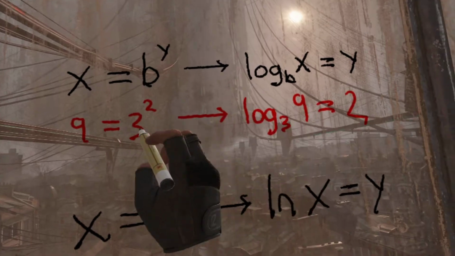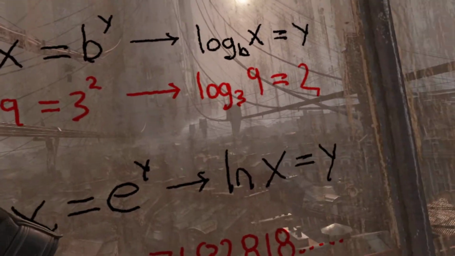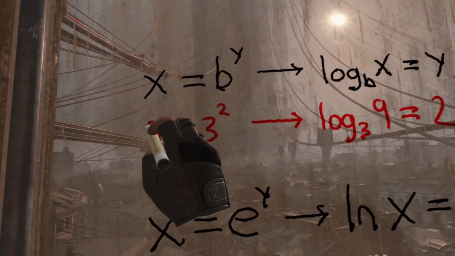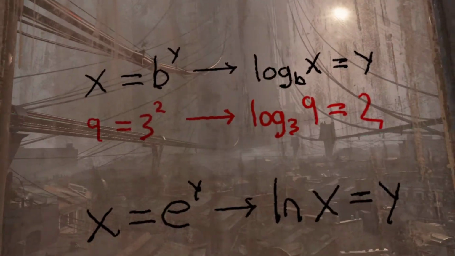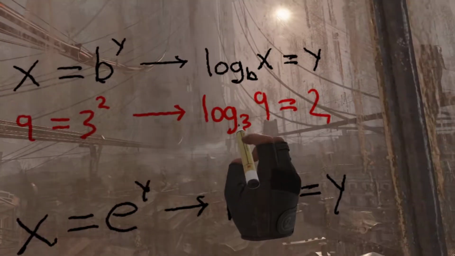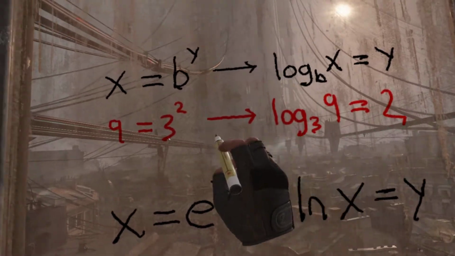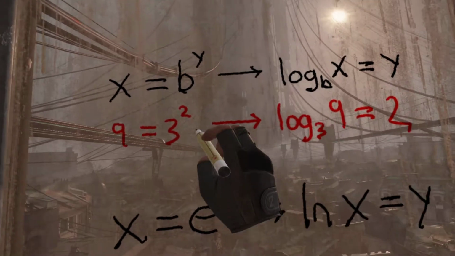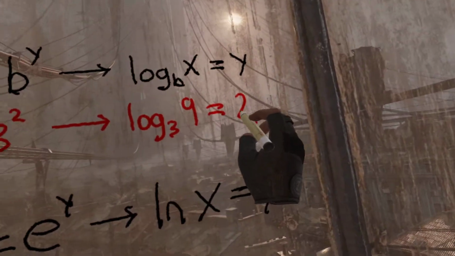And we put some numbers with that just to demonstrate. The one we were using all the time was 9 equals 3 squared. We're going to take that and write it in logarithmic form. The 3 becomes the base of the log. The 9 goes here, so we get log base 3 of 9, and the exponent is always the answer